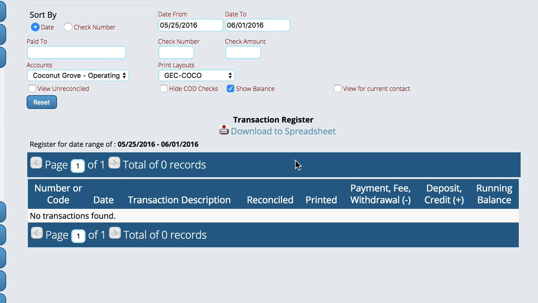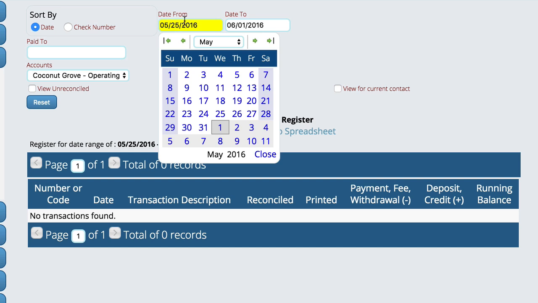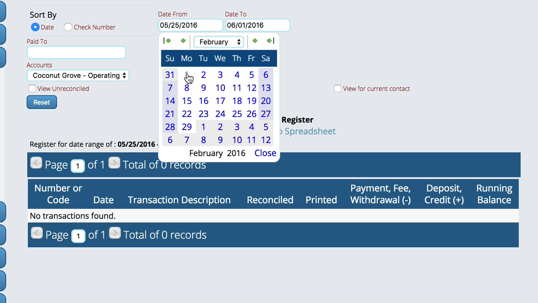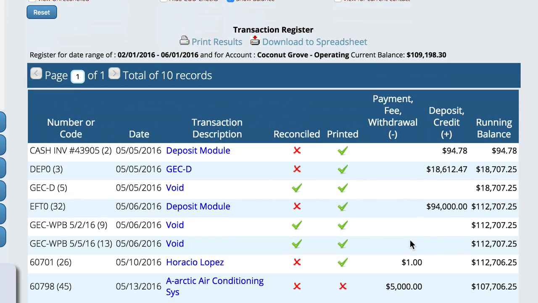Combining this with your unpaid purchase orders, and whether that number makes sense, kind of helps to see. But one of the things that I like to do is to actually go in and see if the account's been reconciled. So if I were looking at May, if I were to go back to, let's say, February and view all the entries from February the 1st to now, and I see a bunch